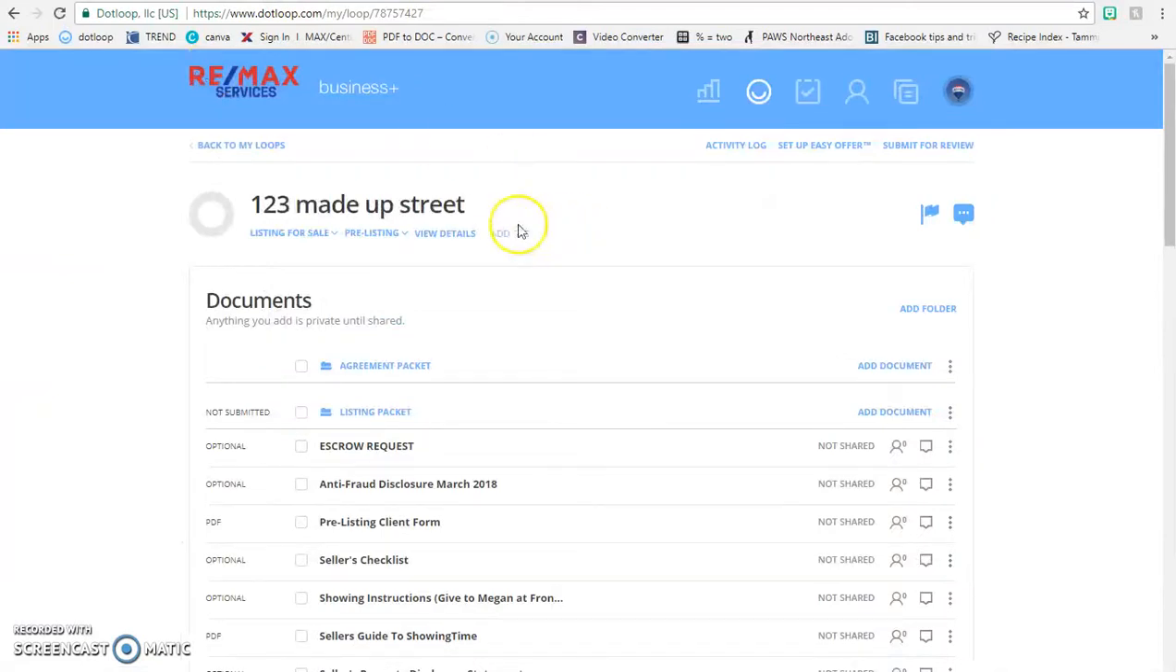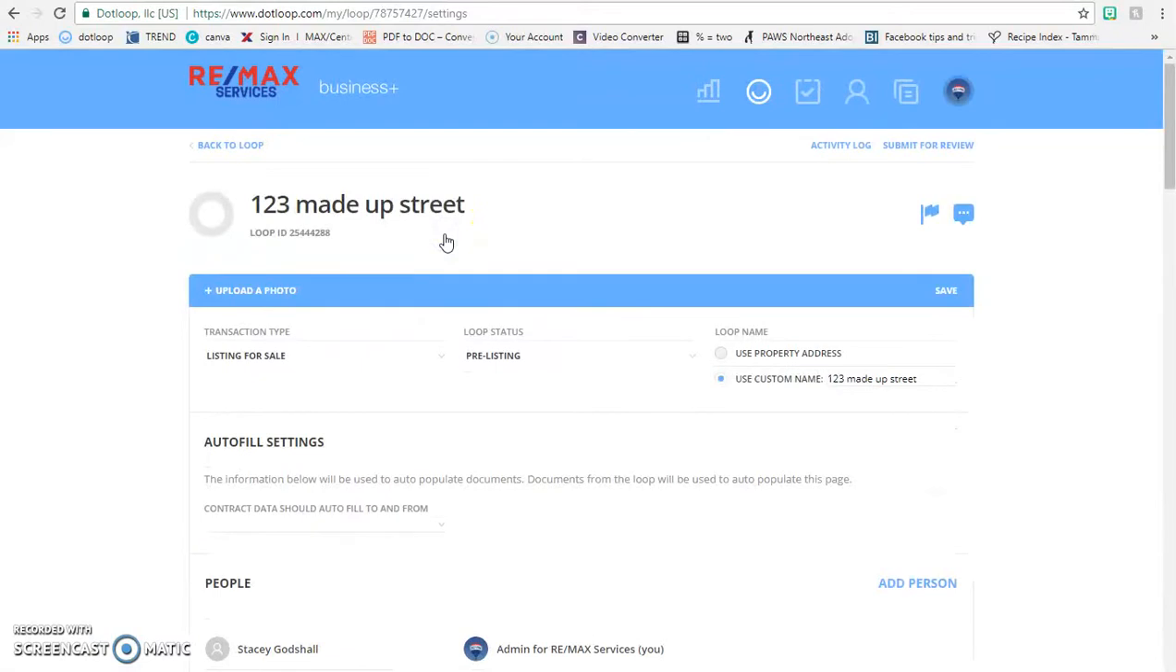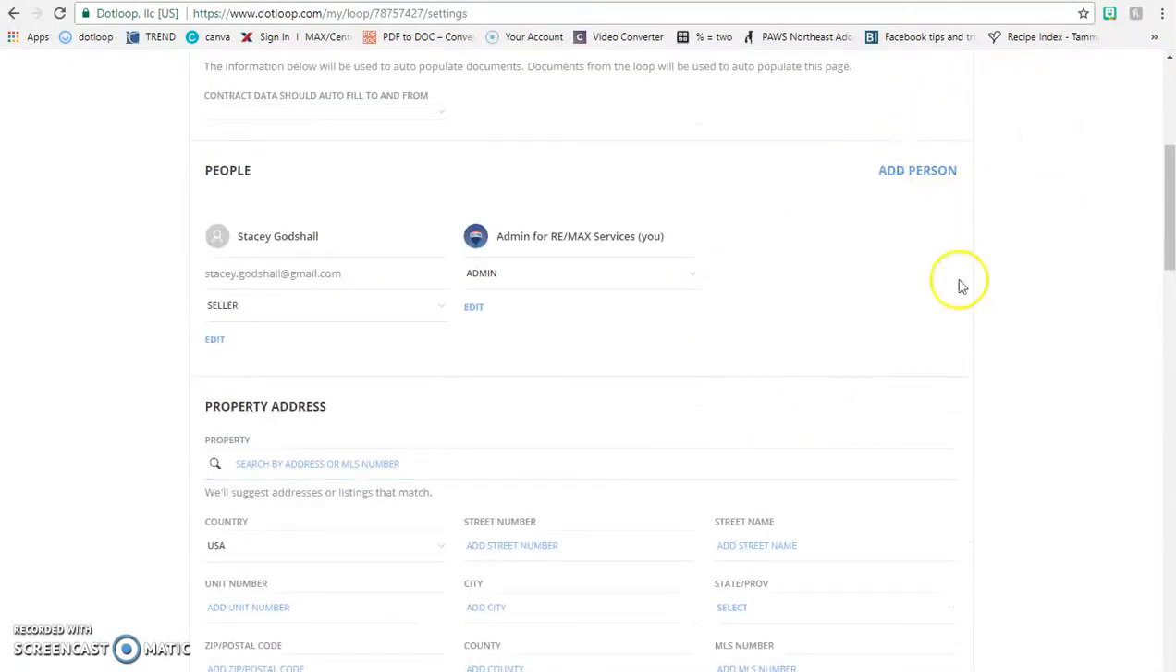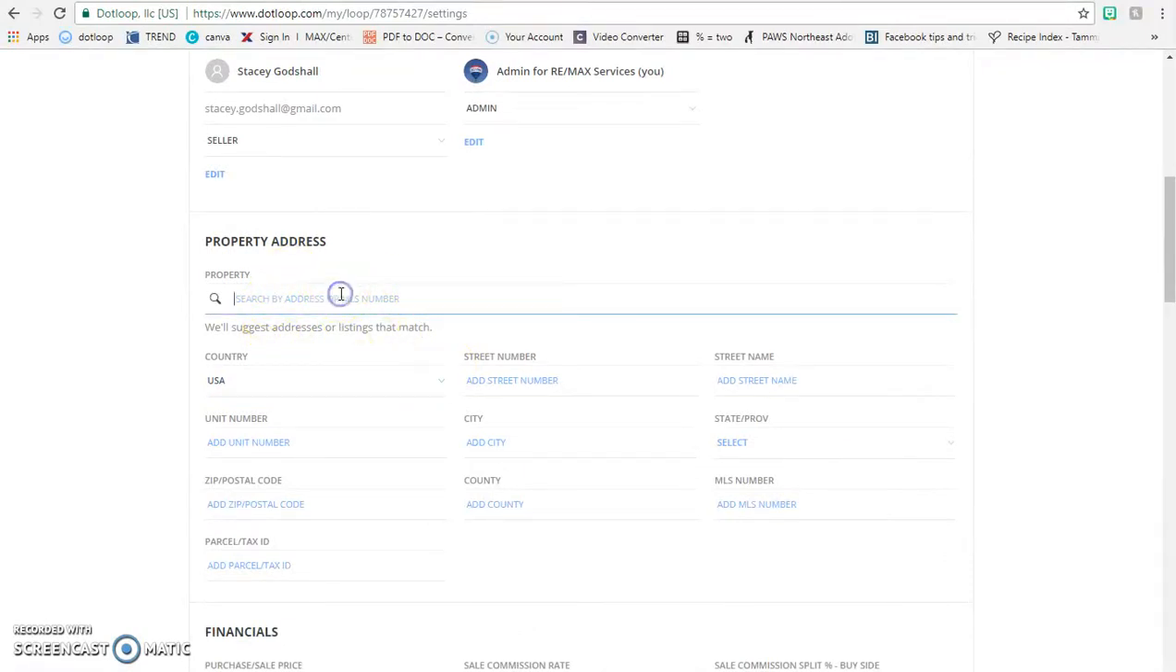And you're going to do the same thing. It also will help autofill if you go under View Details. And in here, you also have a chance to add another person, the property address,